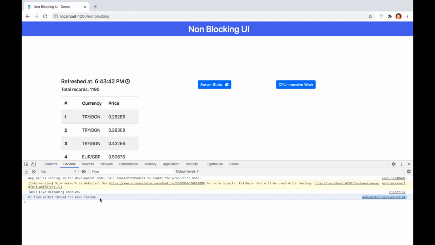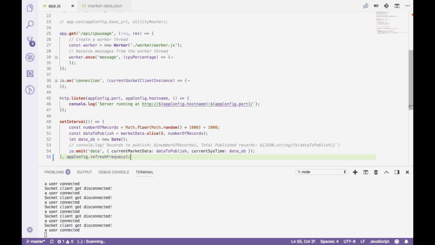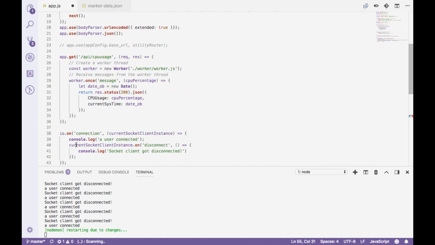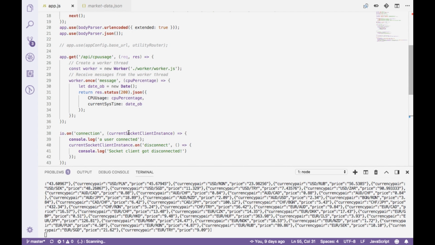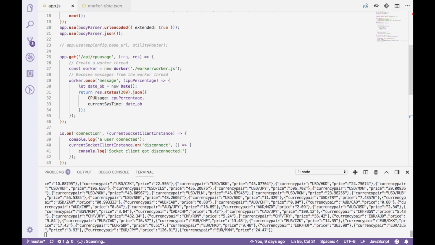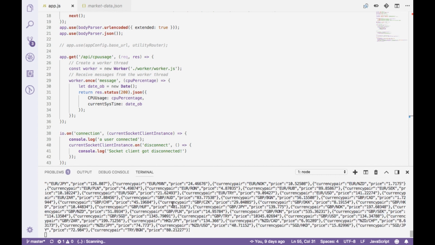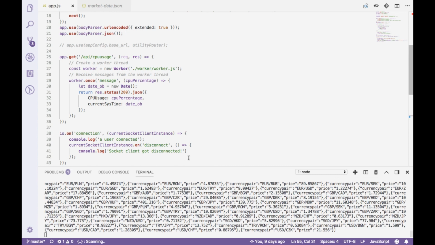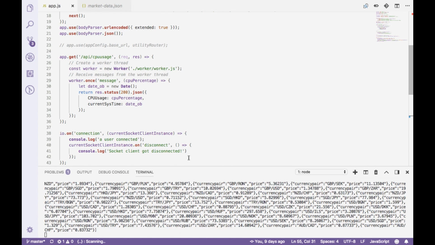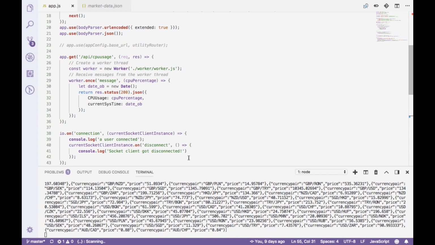Now let's see the Node.js application as well to verify it is emitting data or not. If I go down below and uncomment this particular line, you will see the data is being refreshed every second. So it is working.